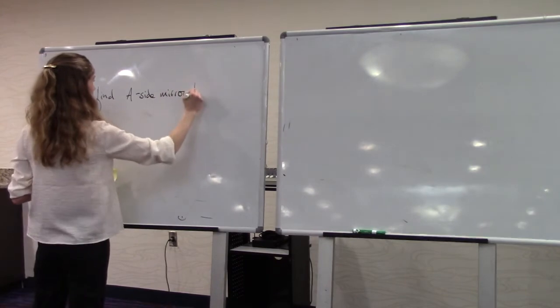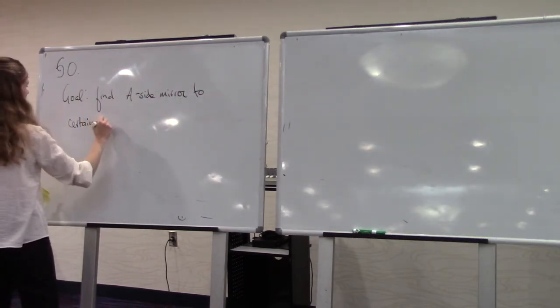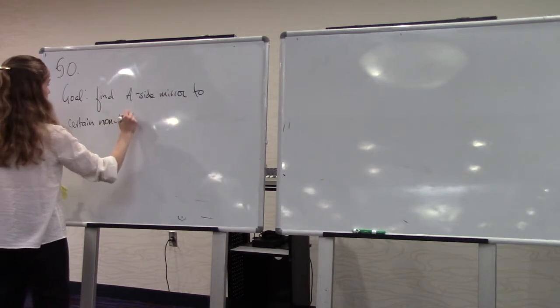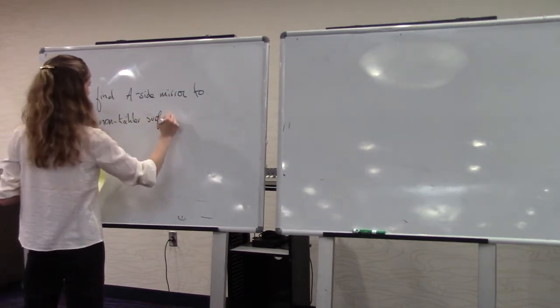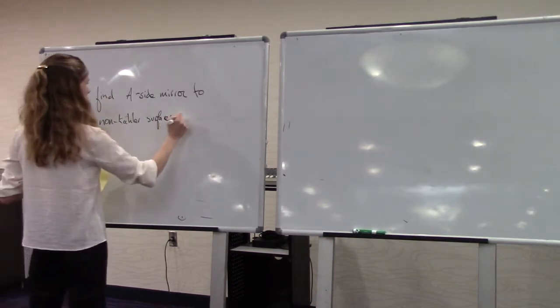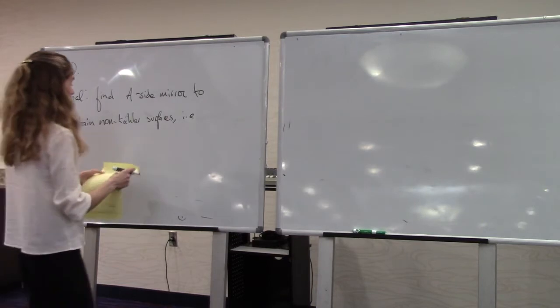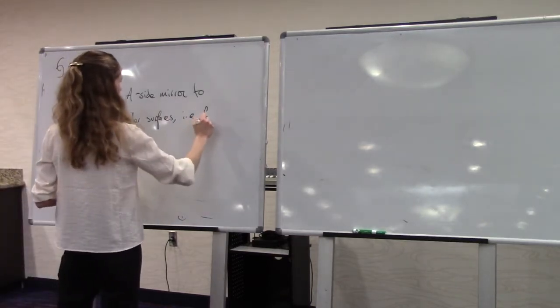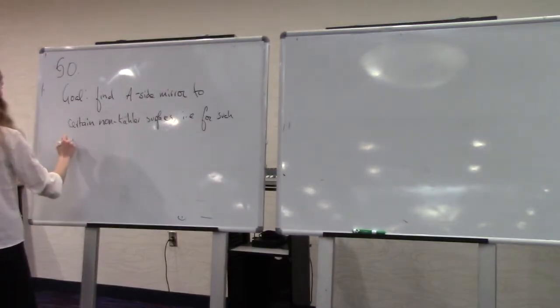Certain non-Kähler elliptic surfaces. So certain non-Kähler surfaces, as in the title. Just to be concrete, what we're looking for is, for such a surface S,